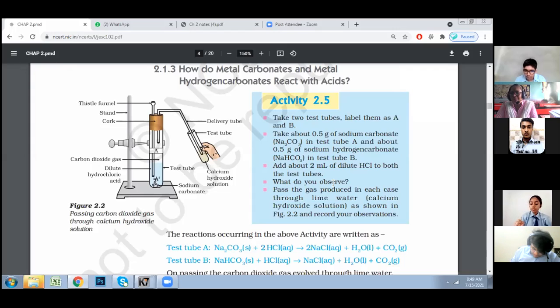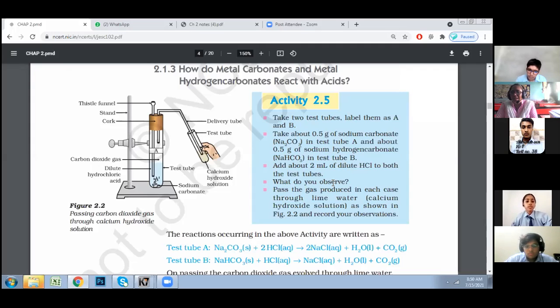So most of the acid, again, as I told you yesterday, it depends on the reactivity of acids, it depends upon the metal carbonates' reactivity, that how the combination takes place, because in chemistry there are many exceptional cases. So in most of the cases, if acid reacts with metal carbonate, it forms the salt, carbon dioxide plus water.